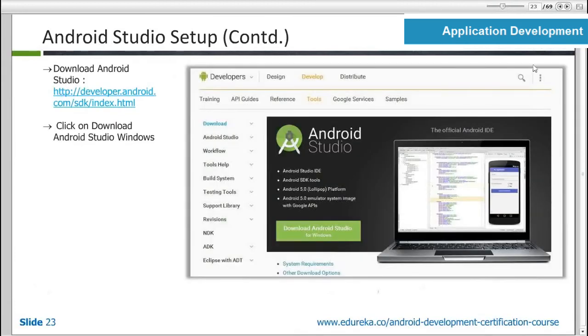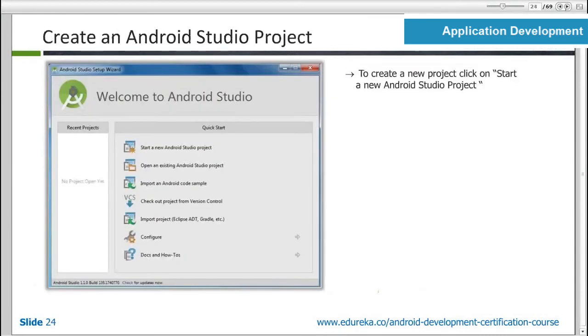When you download Android Studio and start it, you will get a screen something like this, where you can create new applications, import existing applications, and install the SDK platforms. Remember, Android Studio is just a front-end editor where you will be writing the code.